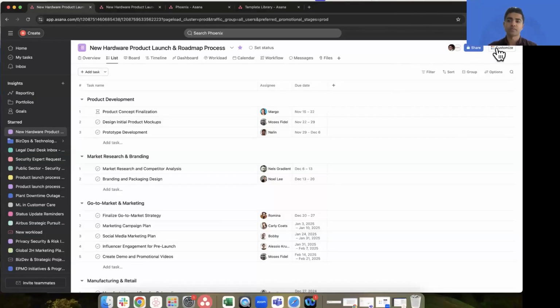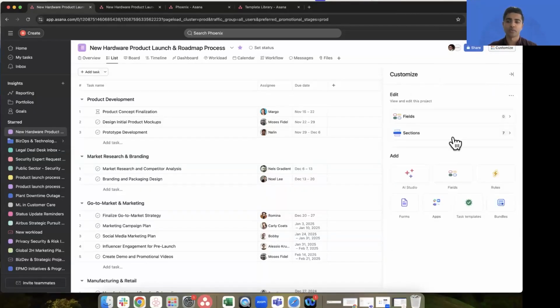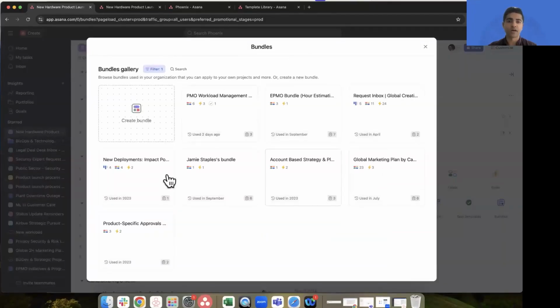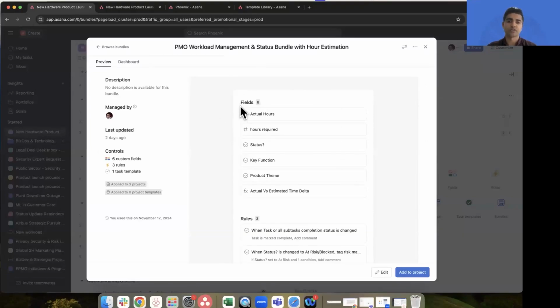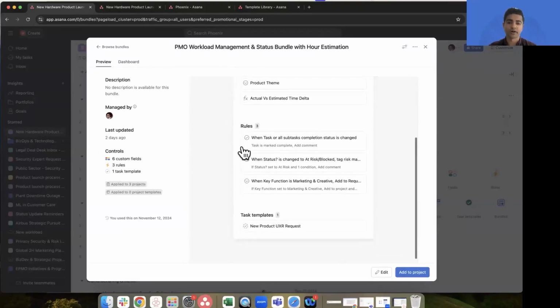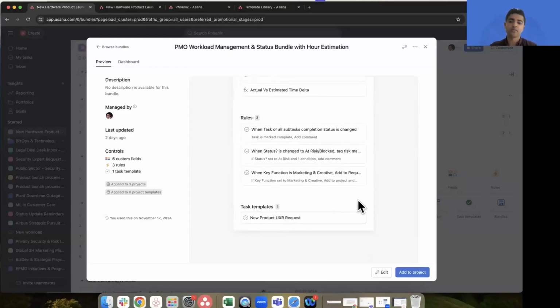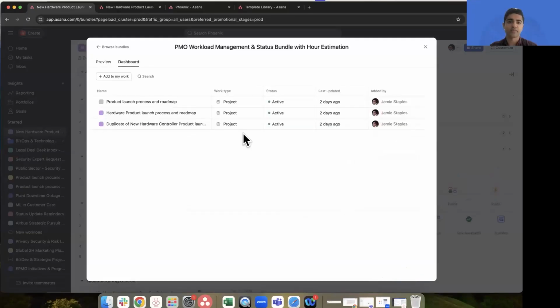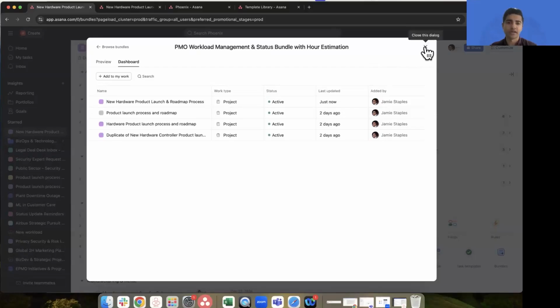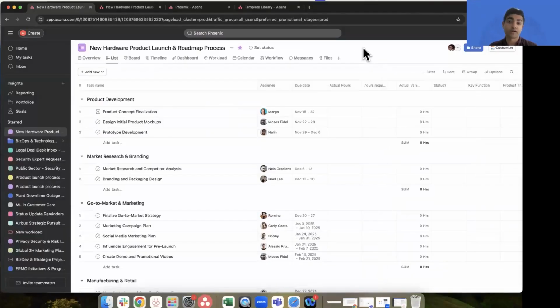So that's where this particular capability of Asana comes in, called bundles, where we can actually go into this library of bundles that have been created. And a bundle is essentially just a collection of certain custom fields, automation rules that are already pre-built, which somebody has built, again, completely no code, and also task templates. And we can essentially just apply that particular bundle to a variety of projects. And this has actually been used at some companies to be able to update and scale project management processes, taxonomy, automation rules, and more to sometimes hundreds of projects without having to go into each one individually.